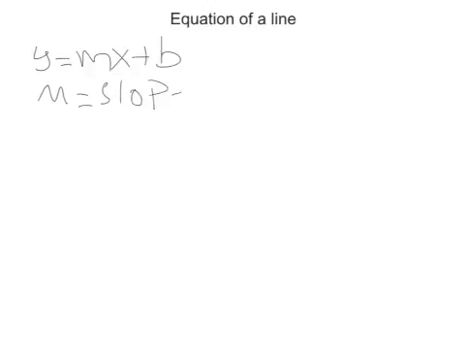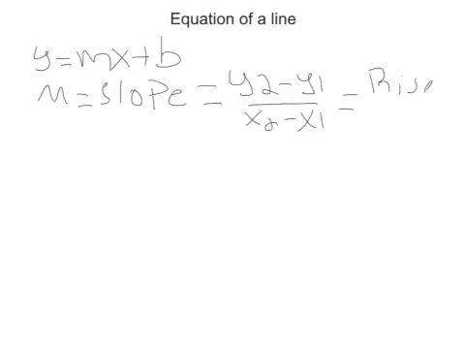The slope is the number that describes both the direction and the steepness of a line, and it is obtained with the formula y2 minus y1 over x2 minus x1, and it represents